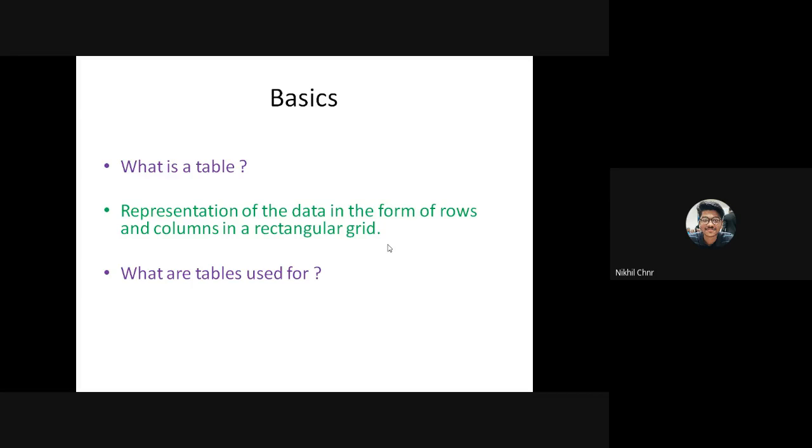Any answers? A unique ID for any row member, so that when we click on that, the information would display. No, in general, I am asking, why do we use tables? We know that we represent the data in the form of rows and columns in tables. But how can we make sure that we represent only this particular information in a table? How do we come to a conclusion that we should have a table for such particular data? How do we understand this? To store student details like name, roll number, email ID.